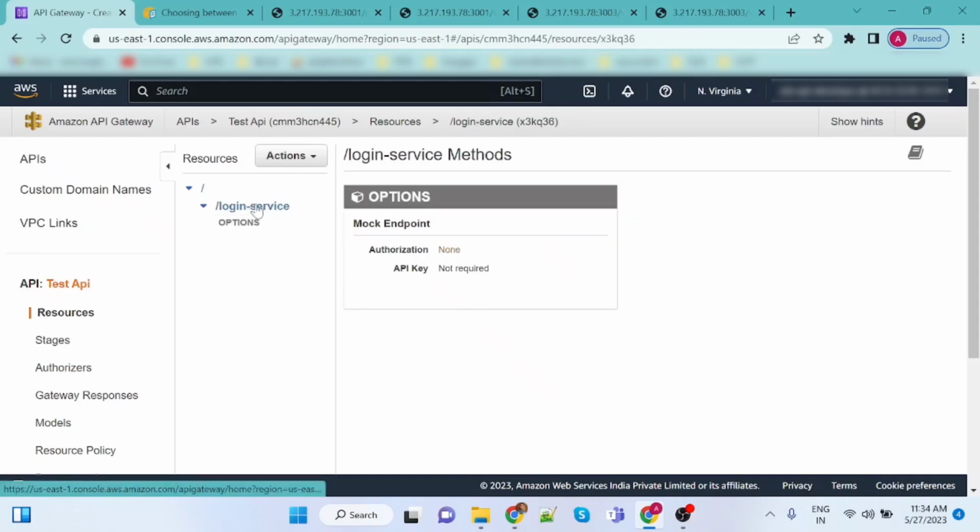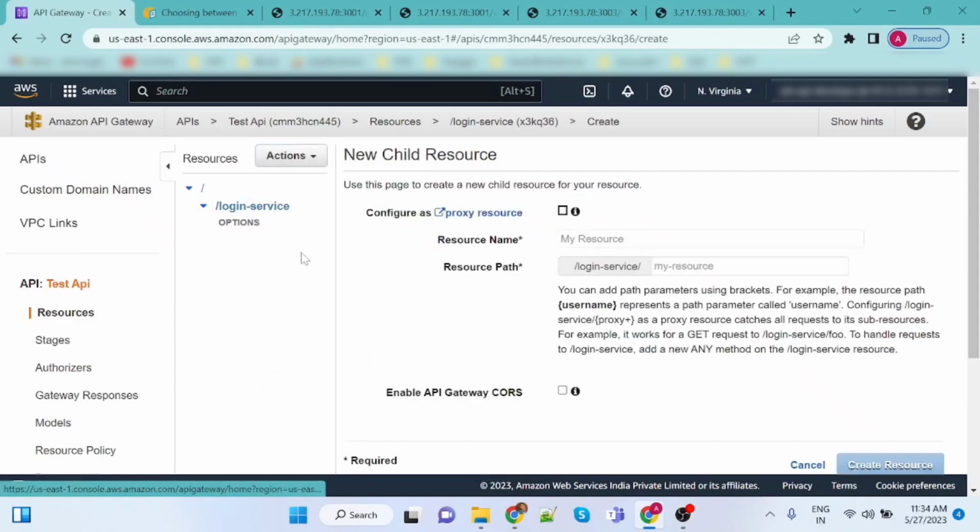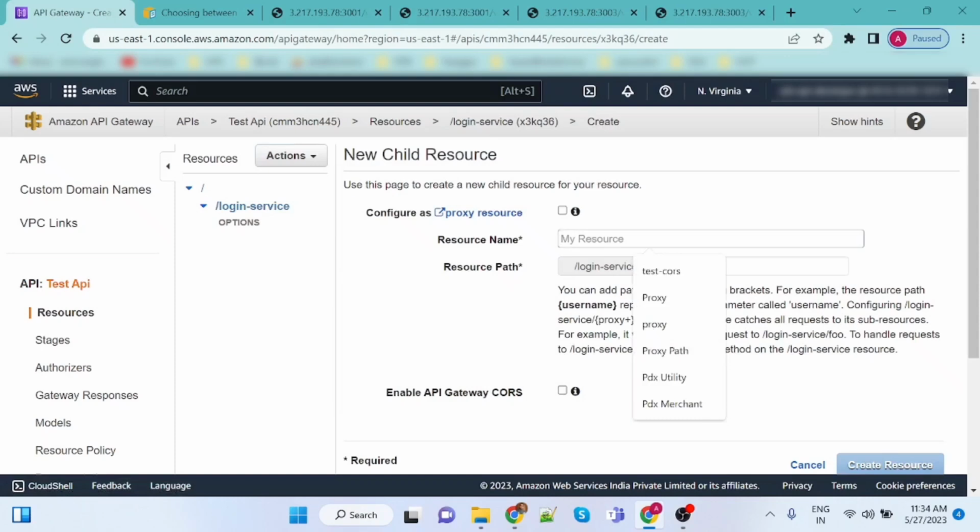Okay, now inside this resource create a proxy resource, so all your child routes will be handled by this resource only, login service. Because if you have 100 routes in your single microservice architecture and you are not creating proxy routes here, then you will have to create 100 routes over here. So if you want a single resource to handle all the child routes of your service, then you must create a proxy resource inside this main service resource. So I am creating a resource, that is a proxy resource, naming it proxy,